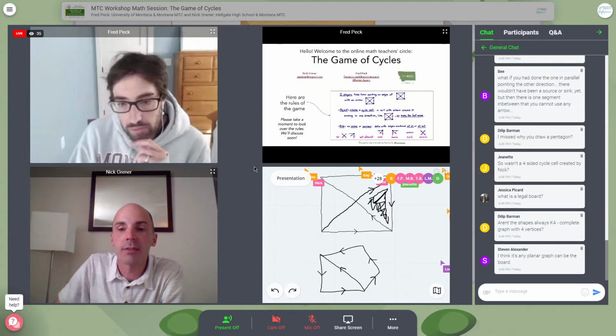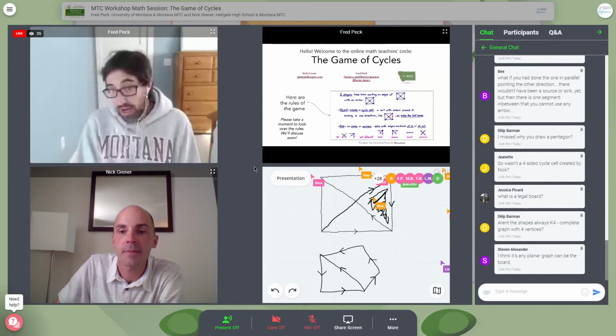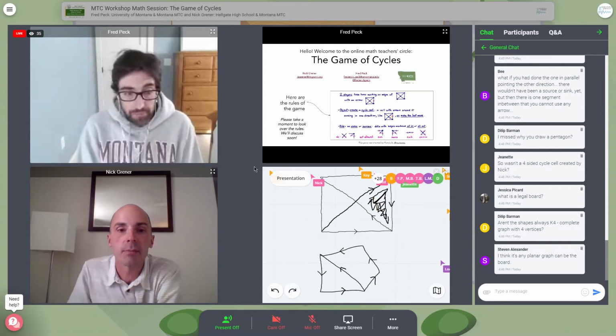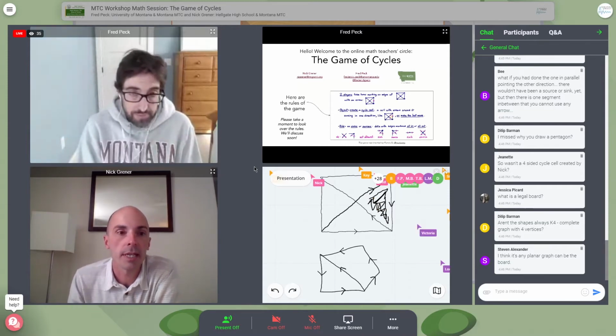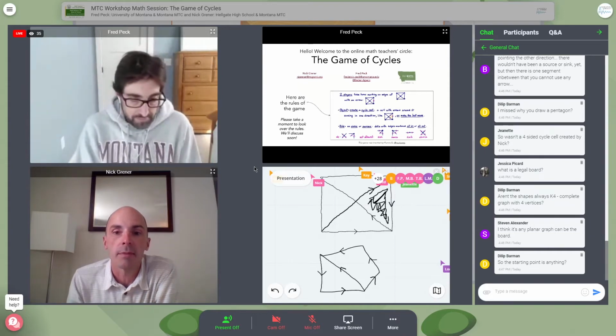Somebody wrote, I missed why you drew a pentagon. Fred, why'd you draw a pentagon? Just because I wanted to. So you can draw any kind of board you want, basically. Yeah, the legal board, the definition is a simple, planar, connected graph. So it has to be one piece. You can't have any